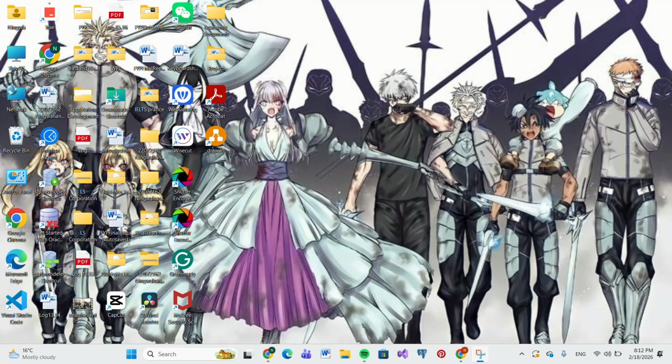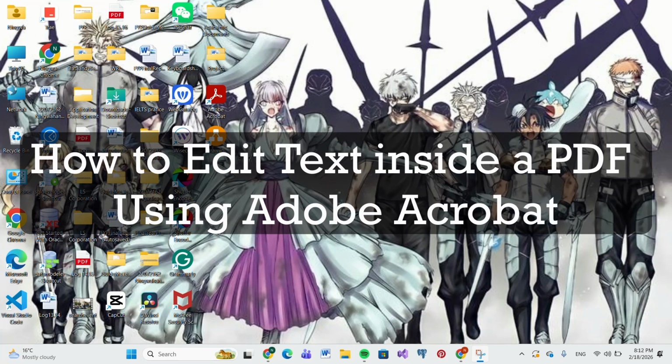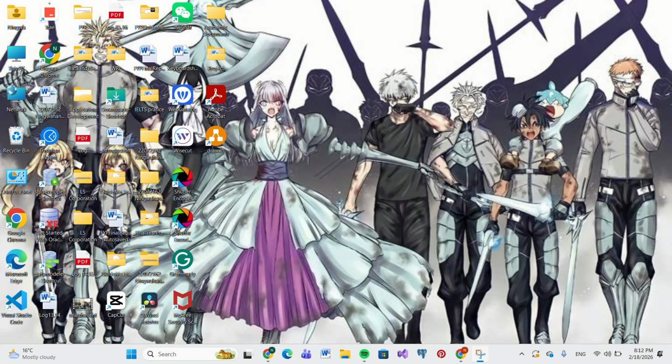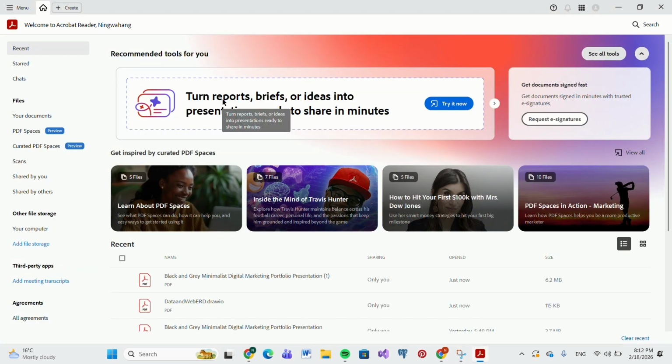Hello everyone, if you want to edit text inside a PDF using Adobe Acrobat, here is how you can do it step by step. First open the Adobe Acrobat from your computer, and once you land on the home page,